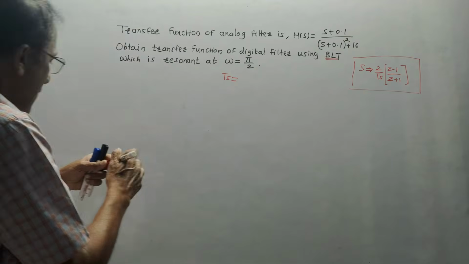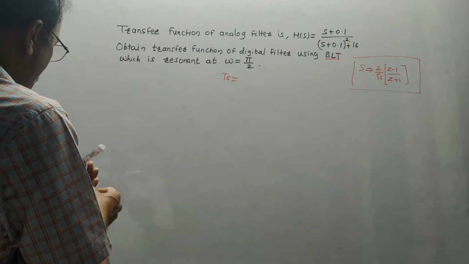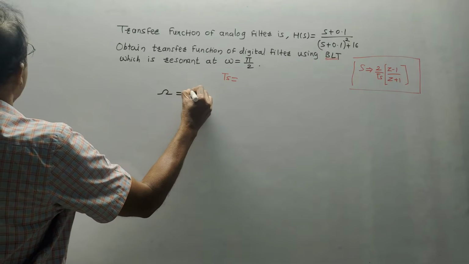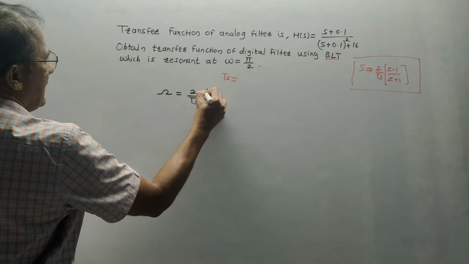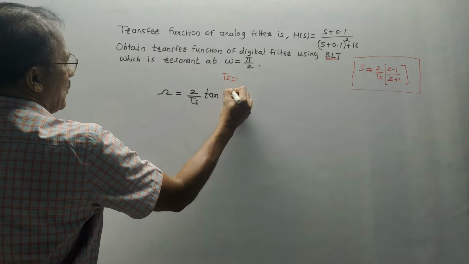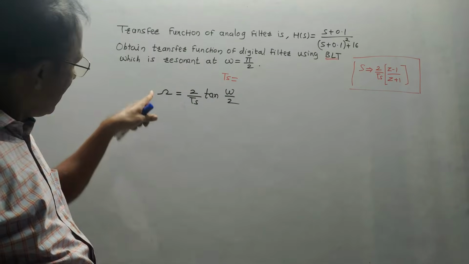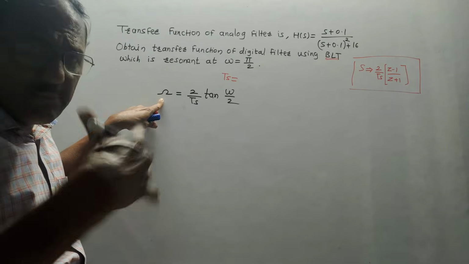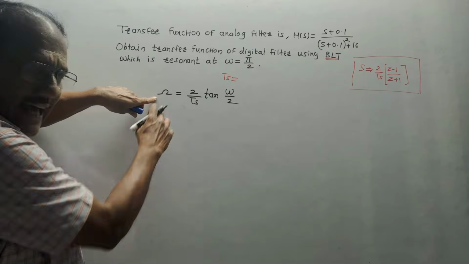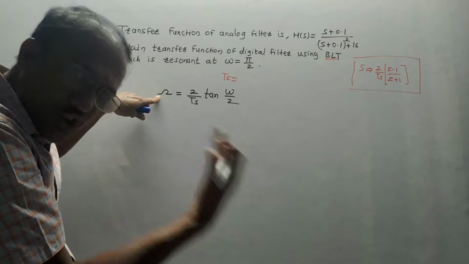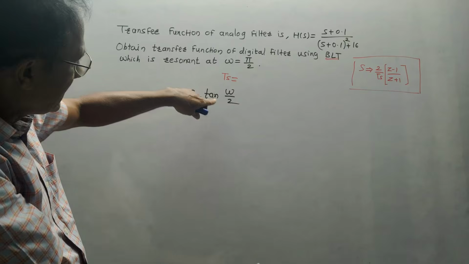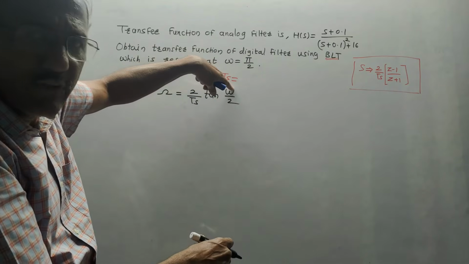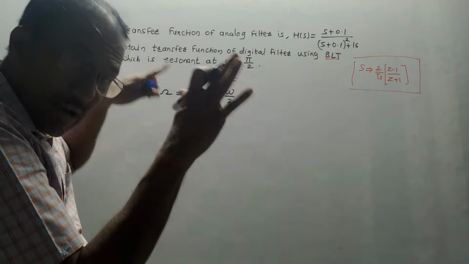How to do it? We need to make use of one more formula for BLT, that is ohm is equal to 2 by Ts tan omega by 2. This is the relationship between, it is read as omega, but for simplicity, I will call this thing ohm. So ohm is the frequency of analog signal, which is 2 by Ts tan omega by 2. Ohm is the frequency of analog signal, omega is the frequency of digital signal,